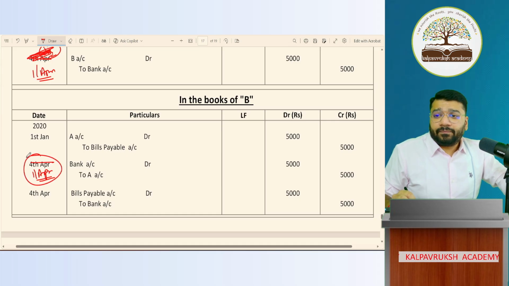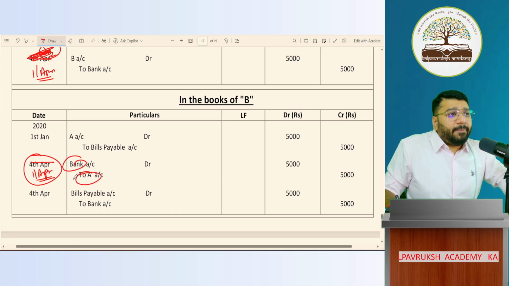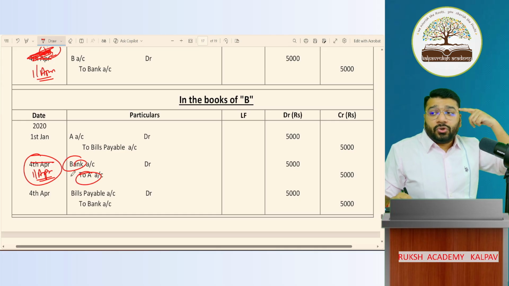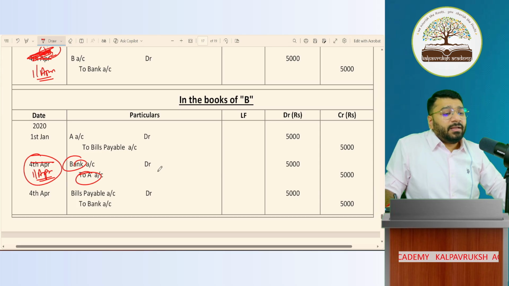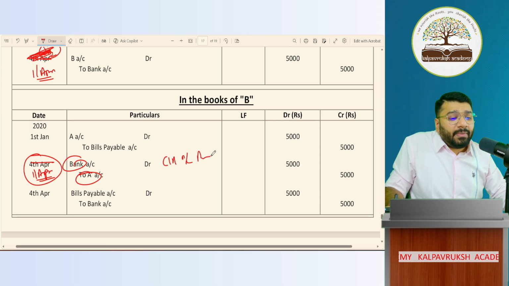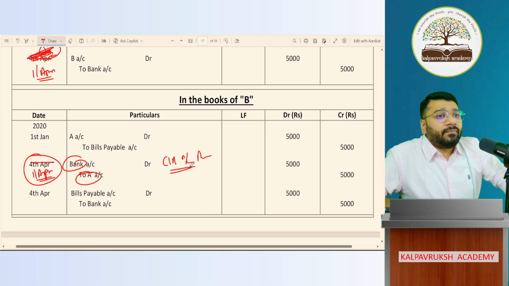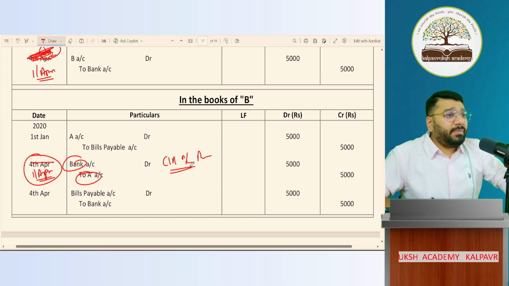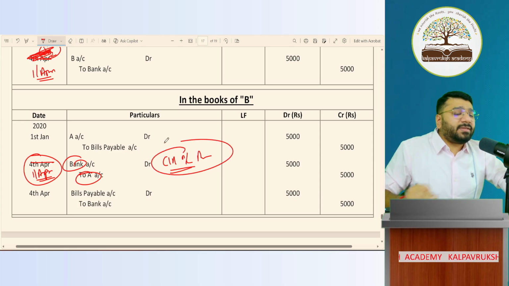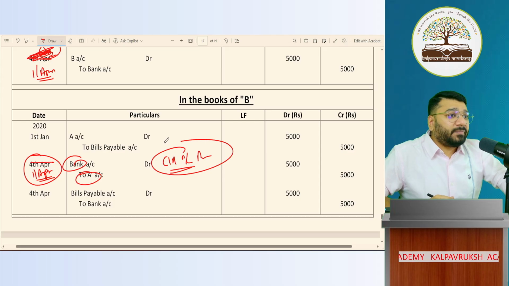Now what question he's asking is, sir, on 1st April you record bank to A, right? Now a check comes. So in 11th CBSE what we were told is, if a check is received, then check in hand account should be debited, am I right? Those who attended my 11th standard, you tell me, even I told in 11th standard that if a check is received you should put check in hand. But when